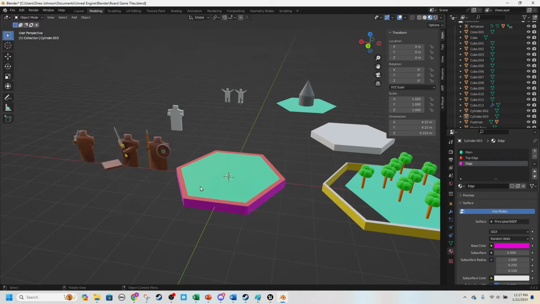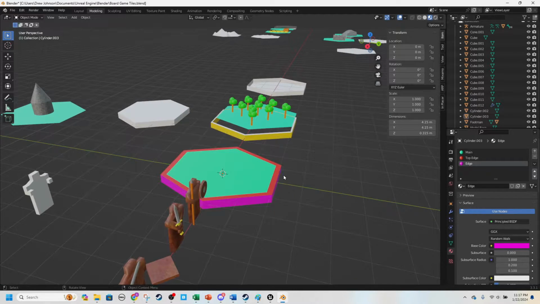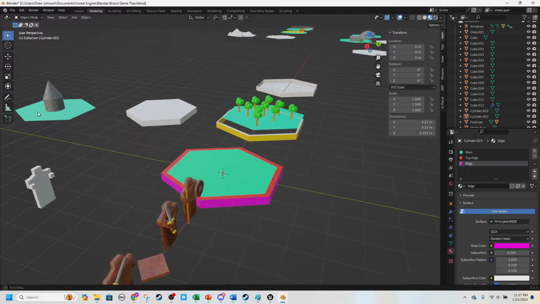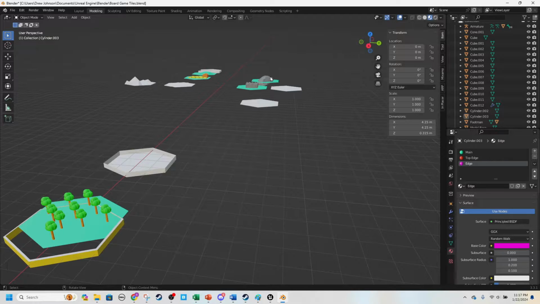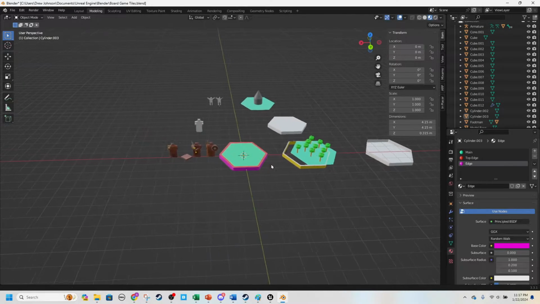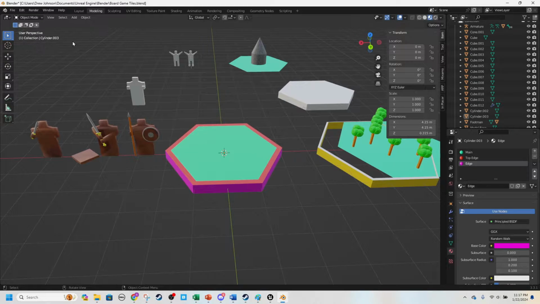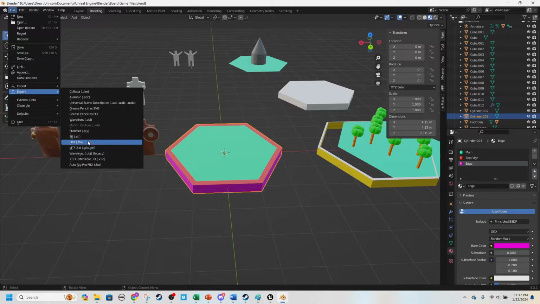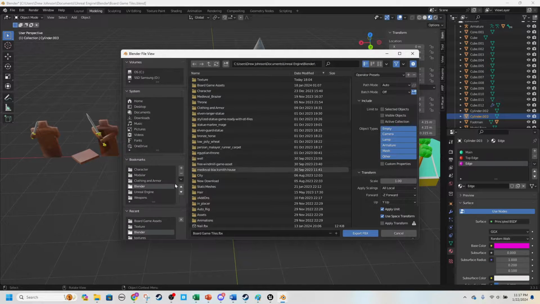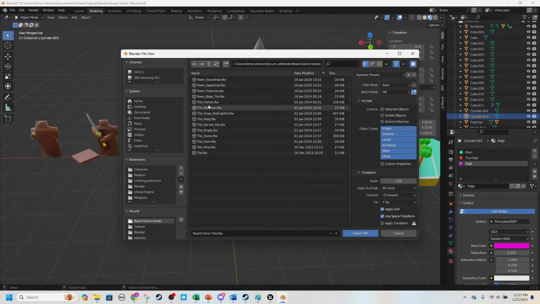And that would be the basics. As you can see, I've made some low poly trees, and this is a capture point. I got some mountains, a farm, a little castle, a mine over there. You guys can create obviously whatever you want. So with this created, you can select it, file, export FBX, and I would recommend creating some different folders. So I have a Blender folder, board game assets, and then I have my tiles in here. When you do export it,